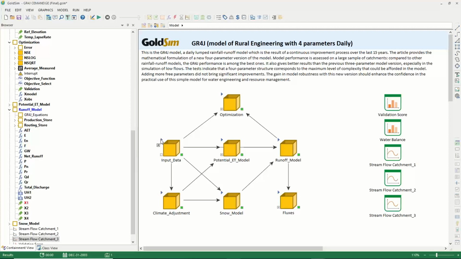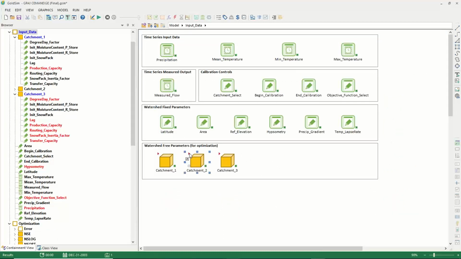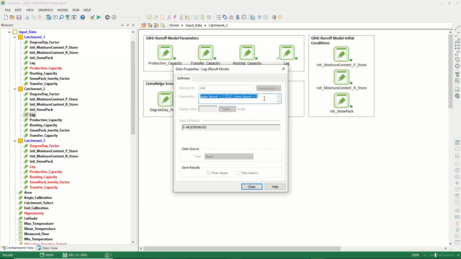If I go to input data and, let's say, catchment 2 for a change, you go to lag. In this model, the lag is not 0, because that's going to give you 0.5 days. It's the transfer value, so it's going to be the exponential of that number plus 0.5. Your minimum lag will be 1.5 days, and your maximum lag will be about 10 days. That's how the model is set up, so that's your upper and lower bound. When you run an optimization, it goes between these two values and changes the hydrograph to obtain the best fit. So there's no initial value to it,